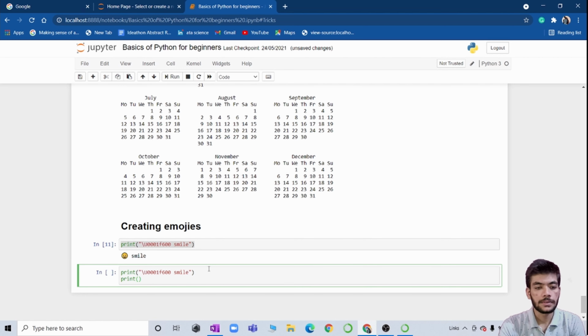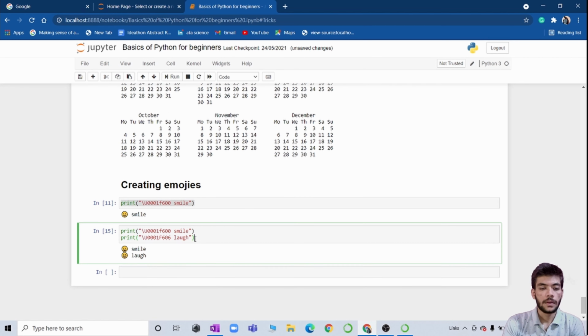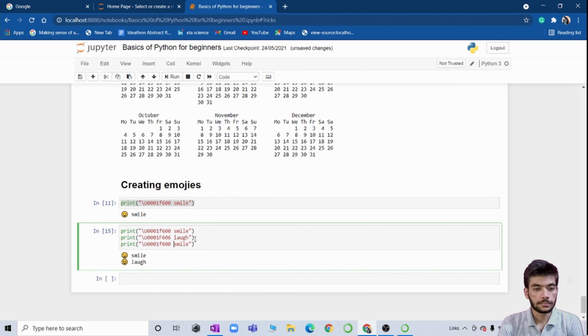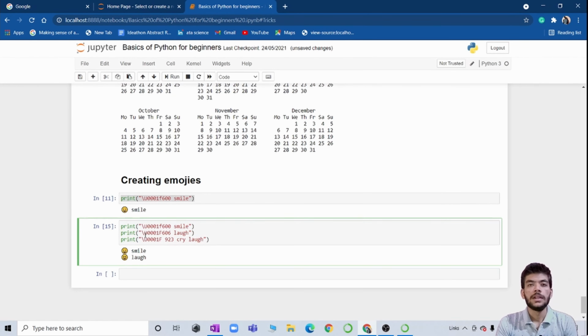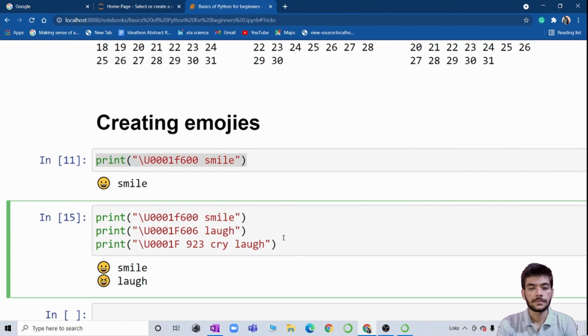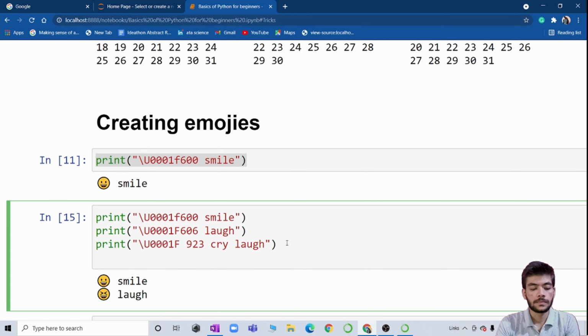Print. Let me zoom in, you will see more clearly.